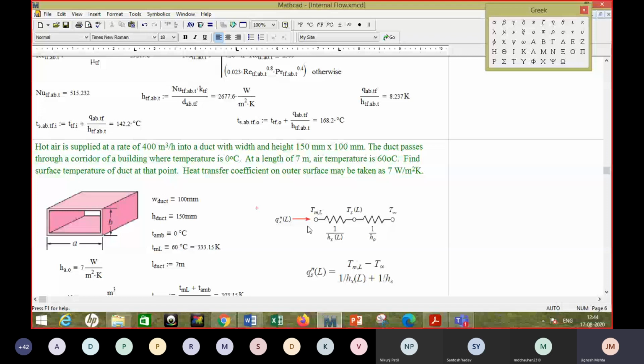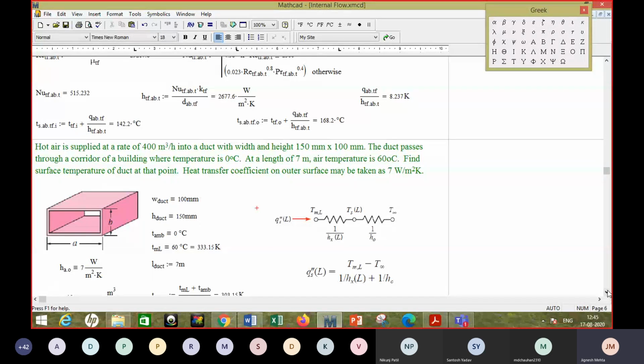Now it may be a long duct, but at a length equal to 7 meters, the air temperature is measured to be, let's say, 60 degrees Celsius. Now at this point, what will be the surface temperature of the duct? The surface temperature of the duct actually will depend upon